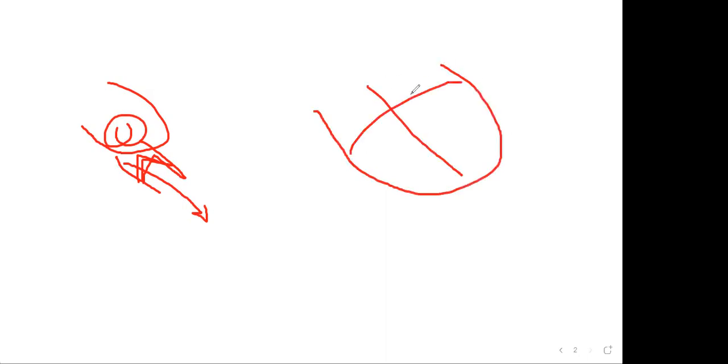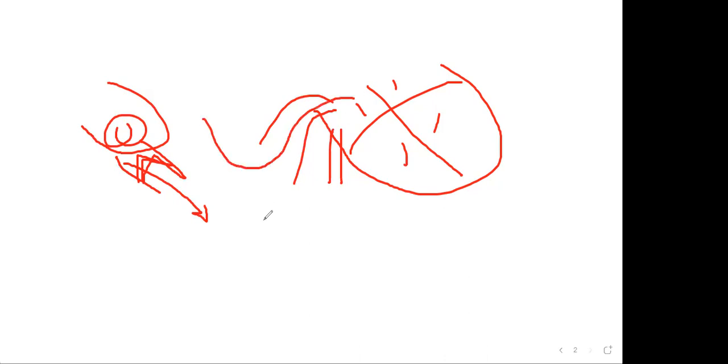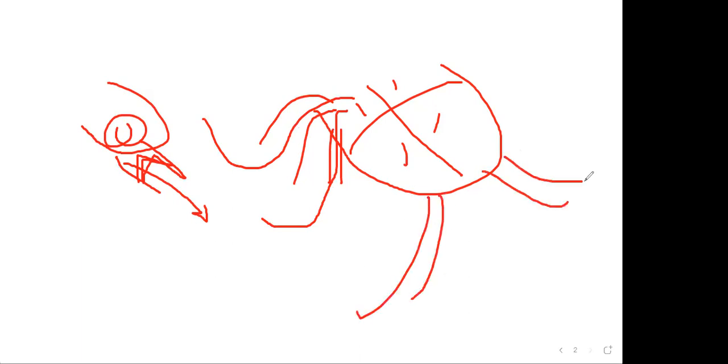So again, I will explain, because it is very important. This is the four chambers, atrium and ventricle. We have superior vena cava and inferior vena cava. Superior vena cava, blood will come from the upper side. Inferior vena cava, blood will come from the lower side. We have the pulmonary vein, we have the aorta here. Here the pulmonary artery is there. Sorry, this is the pulmonary artery. This is the pulmonary vein.